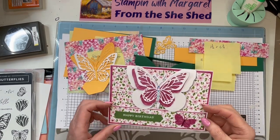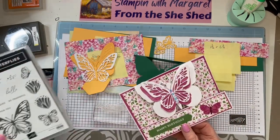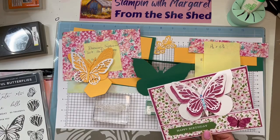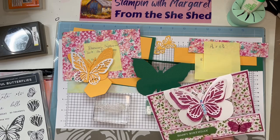Today I'm making this lovely stand-up butterfly card using the beautiful butterfly stamps and dies. I'm also using the designer series paper, which is called Blooming Impressions, that came free with the Celebration sale that